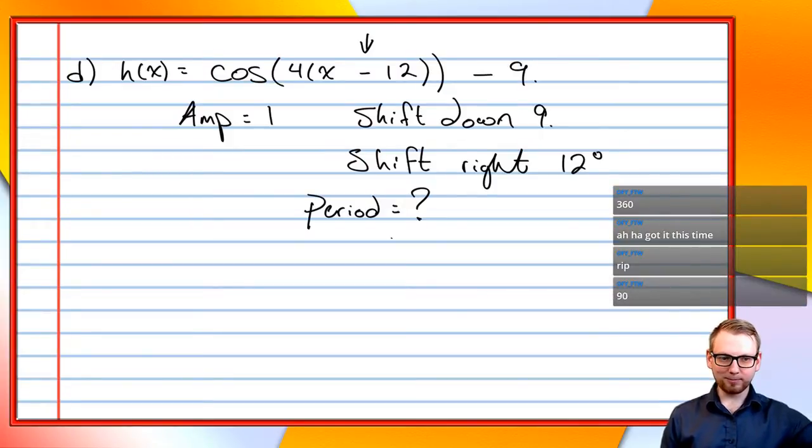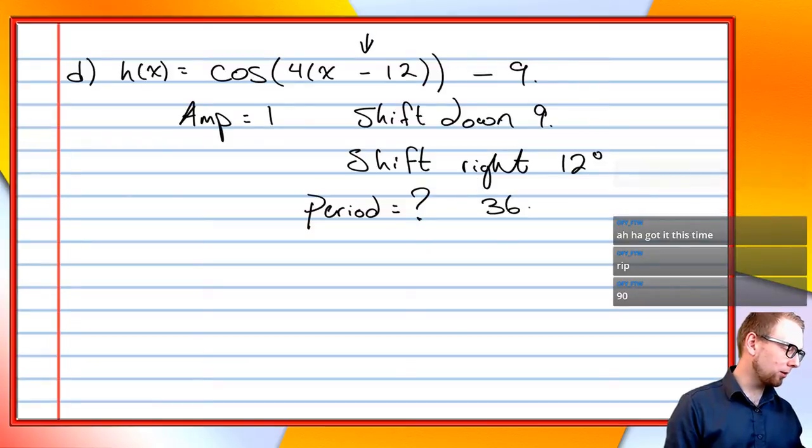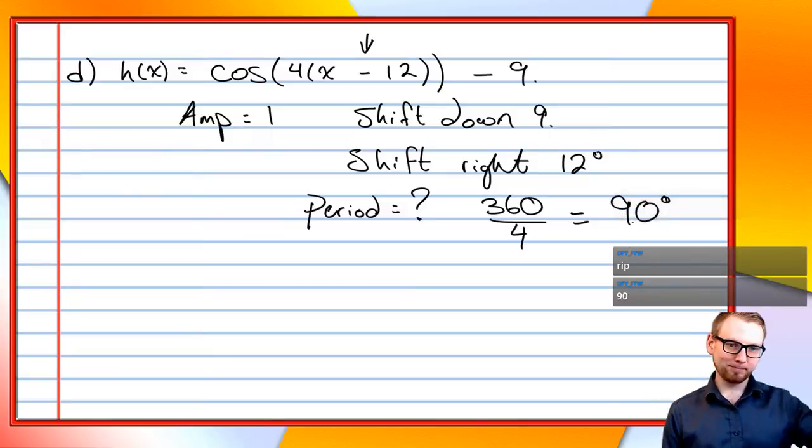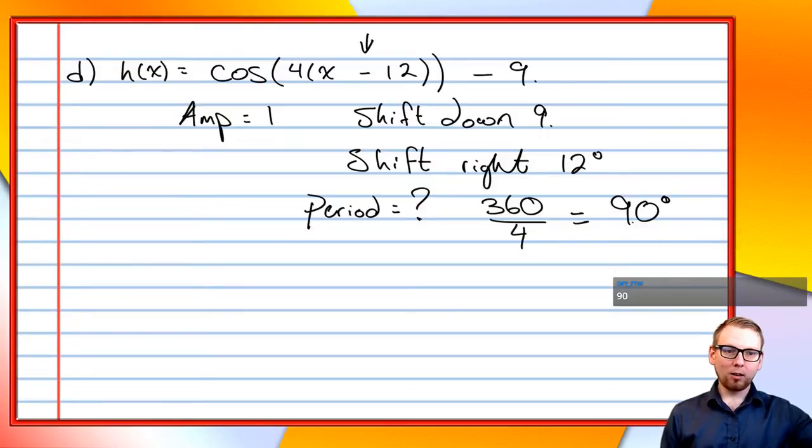Already had it. Yeah, 90 degrees. Because your period is going to be 360 divided by 4, so 90 degrees. Okay. Now,